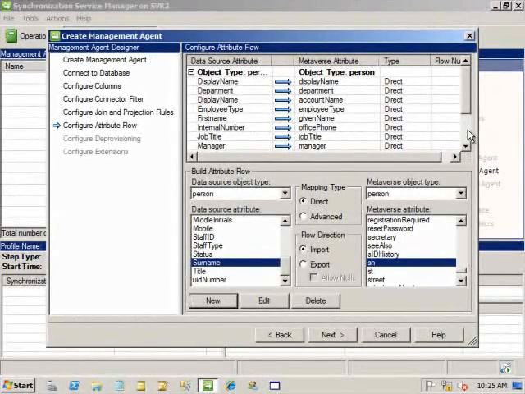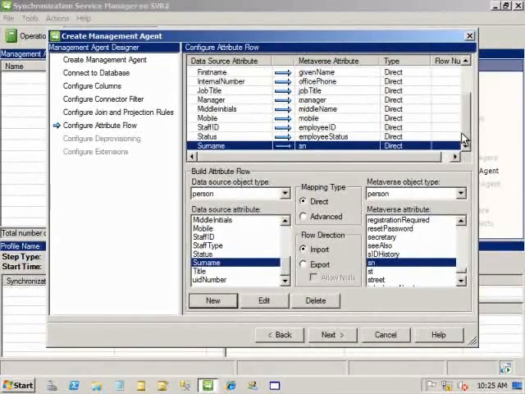If we scroll down, you'll see that as well as the direct flows of attribute to attribute, just regular string attributes, there is the manager one. So there's a reference attribute flowing. We've had to map staff ID to employee ID. Notice that we are flowing that. If we don't do that, then the join rule that we've put in can't work in future. We're going to add an addition here,